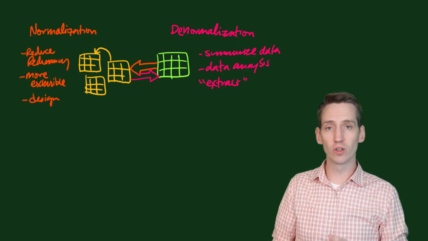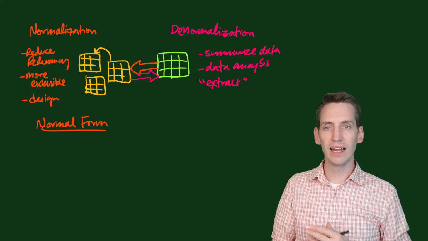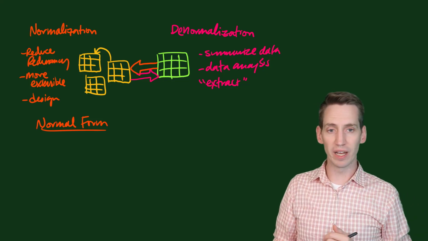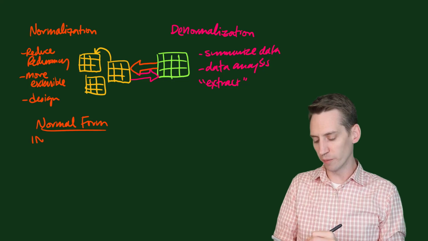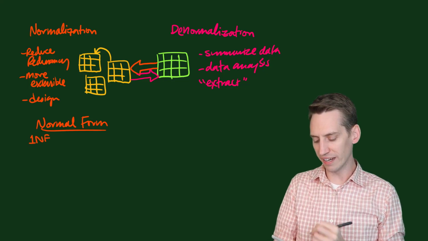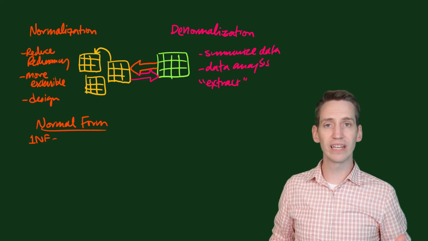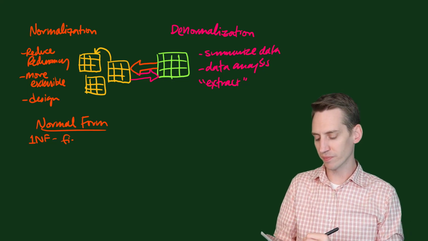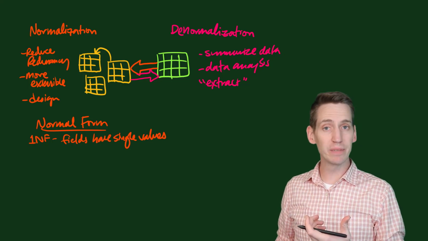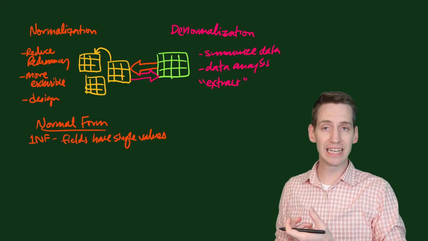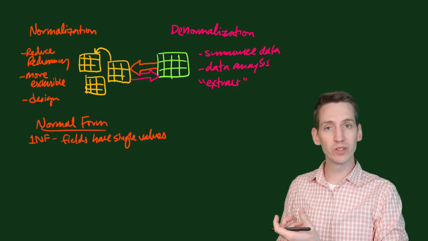In order to accomplish normalization, we have something called normal form. And normal form reaches different levels of compatibility. So for example, we have our first normal form, or 1NF. First normal form means that we have to have fields that only have single values. So for example, if I had a field that was a name, and I put a first name and a last name, I would want to separate that out into two separate columns, two separate attributes,